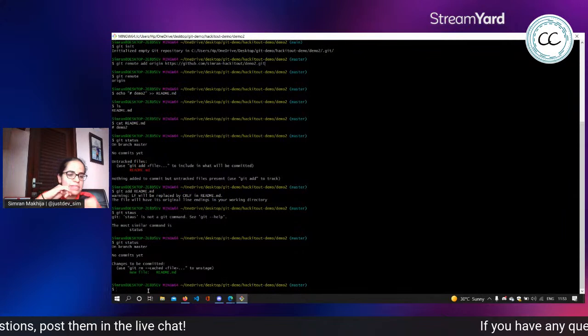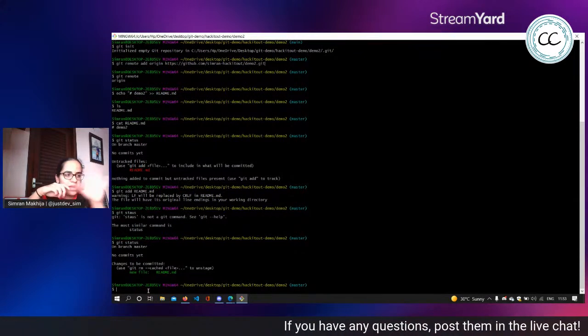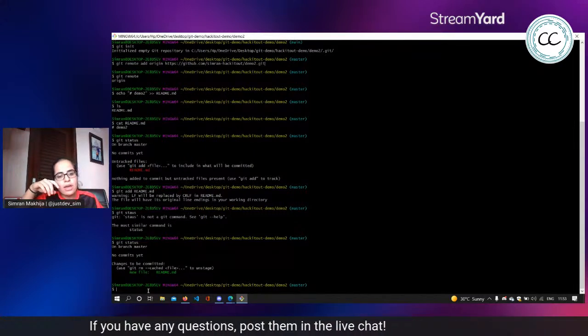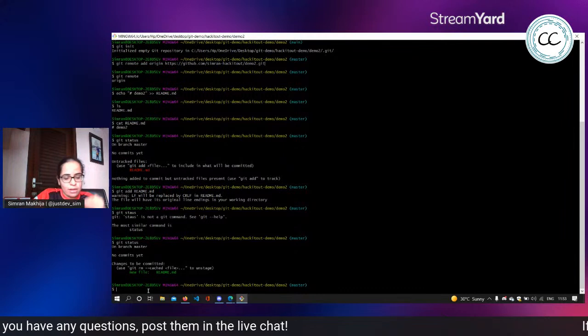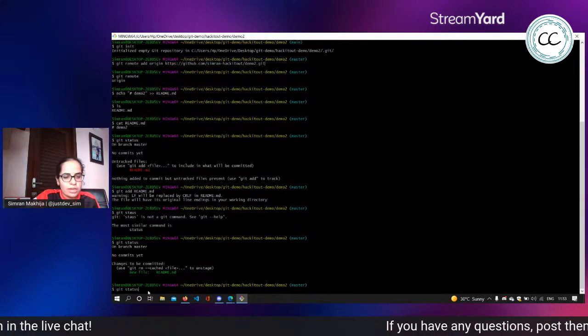So a commit is basically telling Git to save these changes in one packet, and this current condition of my repository with this ID. A commit has an ID and it has a message that we can write with it.